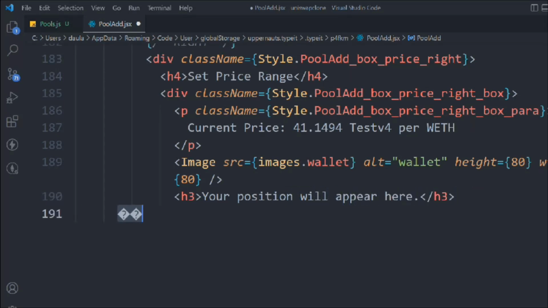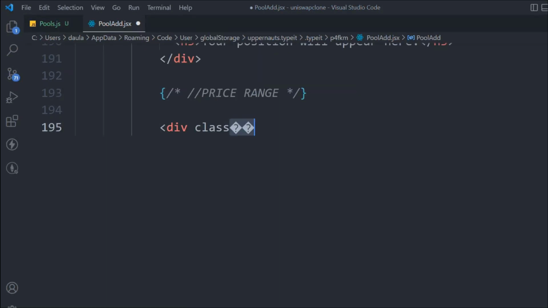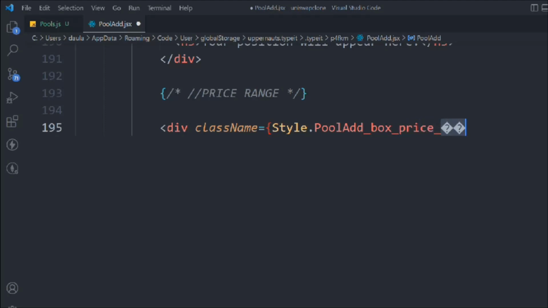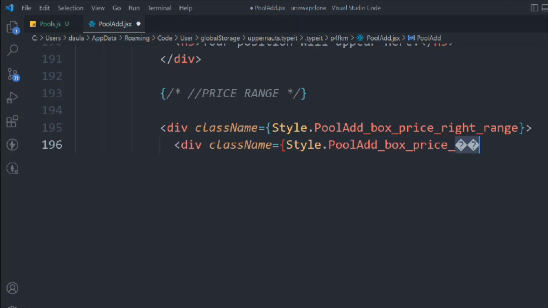So that looks fine, and we have to close this div. That looks good, and here we can take this price range. We'll take a div. It will have a class called pool add box price right range, and in that we're going to take a div. It will have a class called pool add box price right price range box, and in that we're going to